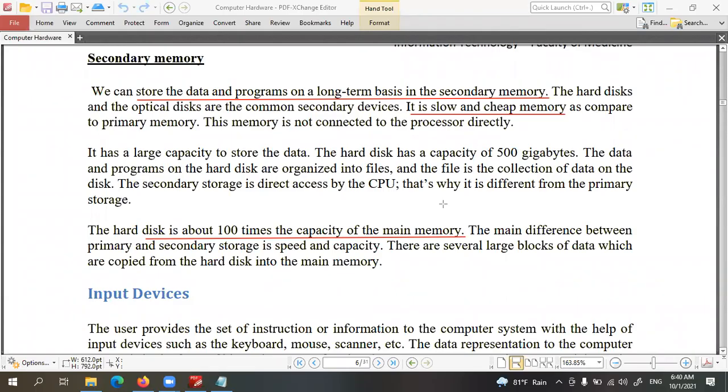RAM, the main memory, the highest capacity of RAM will be 4 GB, 8 GB in our normal daily use laptops and computers. In high performing computers, that can be 64, 128 like that. But however, in general purpose computers, we use 8 GB or 4 GB RAM.